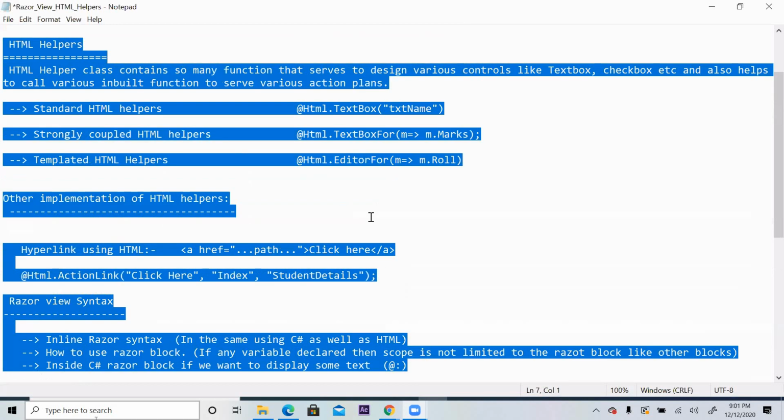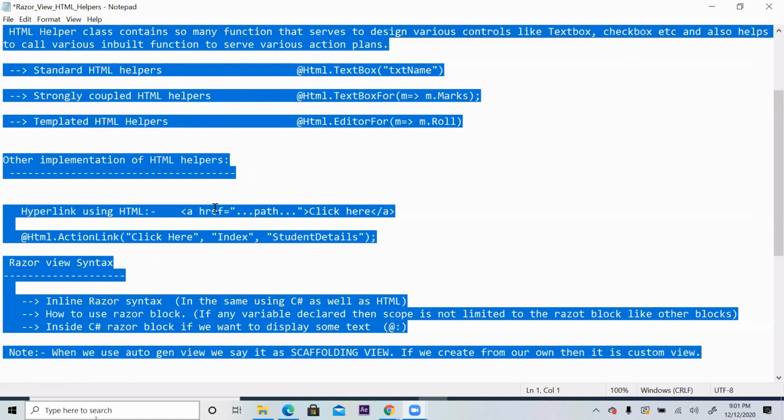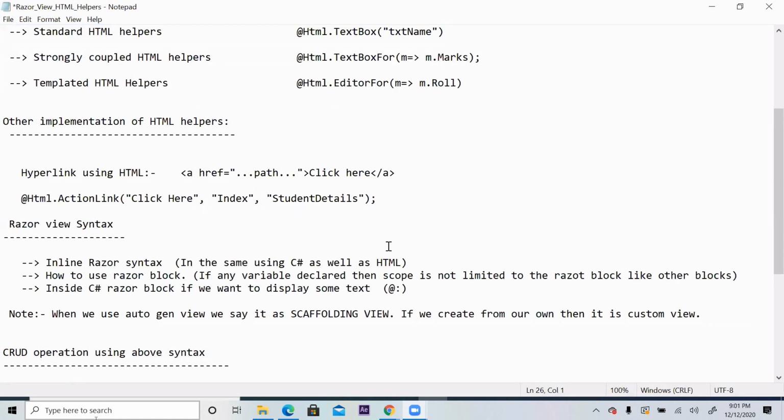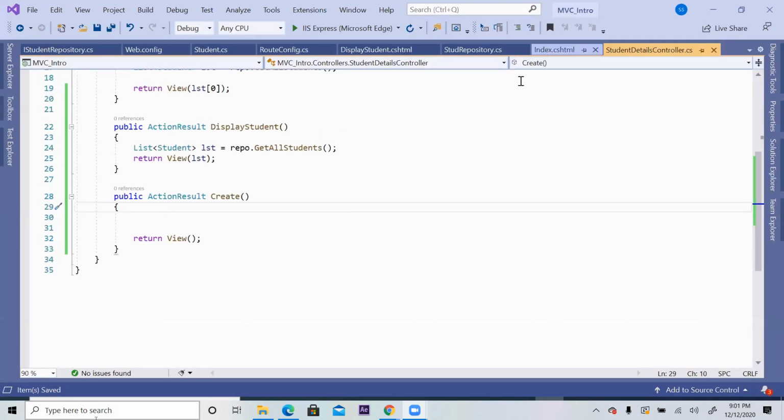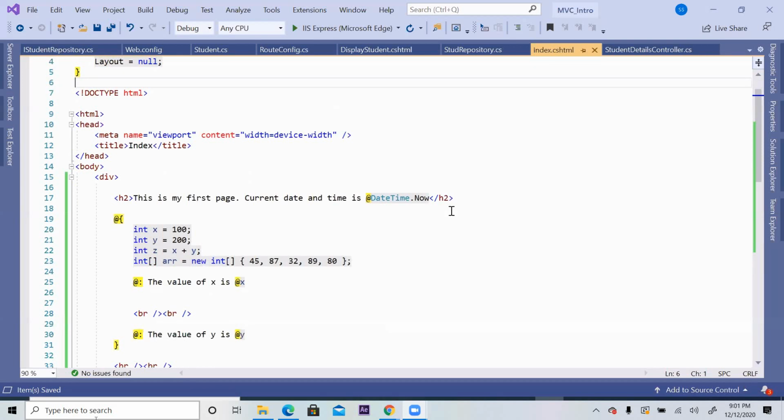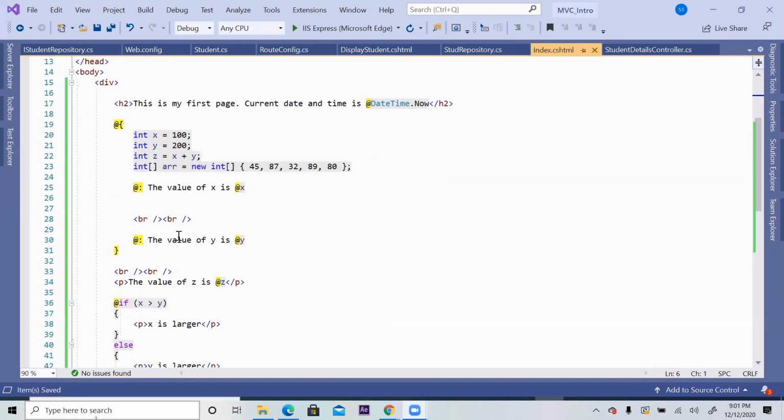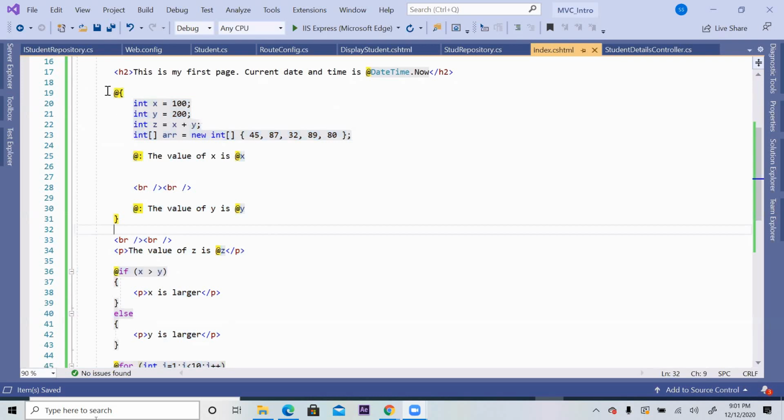How to use HTML helpers and how to use Razor syntax for various programming to write in the Razor view. Any question you pick from your console application C# and try to do it using Razor syntax in a view. That kind of small practice you do today. So after completing Razor with CRUD operation, then you will get a complete workflow.